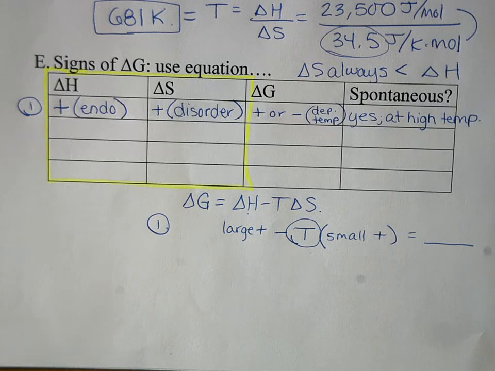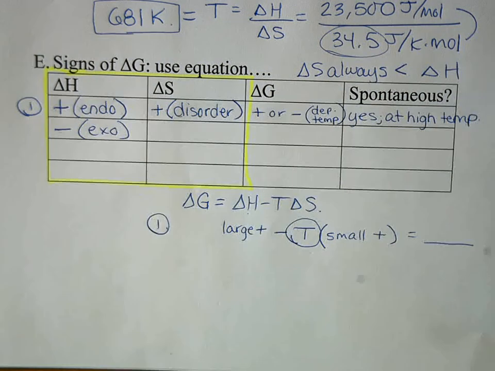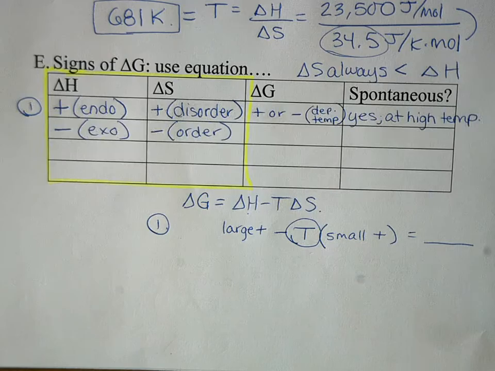So now let's say that I have negative delta H, which is exothermic, and alone would be spontaneous. Delta S negative, which means more order, which is not by itself spontaneous, requires some outside influence there. So I've got one of each. So again, I've got to do the same thing and figure out what needs to happen in order for it to be spontaneous. And then the next two will be much easier, by the way. Okay, so number 2.